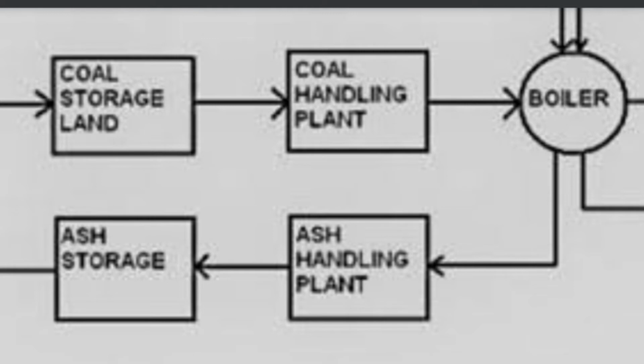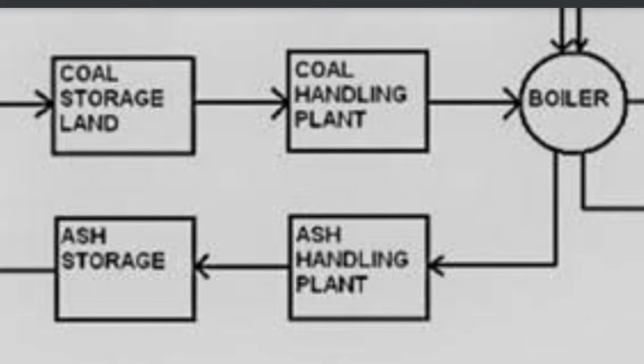The pulverized coal is fed to the boiler by belt conveyors. Here, by using the belt conveyors, you can easily move the pulverized coal to the plant. The coal is burnt in the boiler and the ash produced after the complete combustion of coal is removed to the ash handling plant. Here you have to understand the ash handling plant. Then delivered to the ash storage plant for disposal. The removal of ash from the boiler furnace is necessary for proper burning of coal.